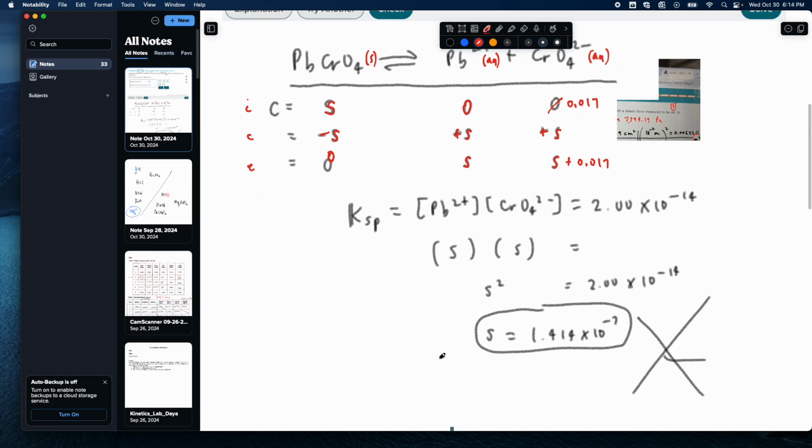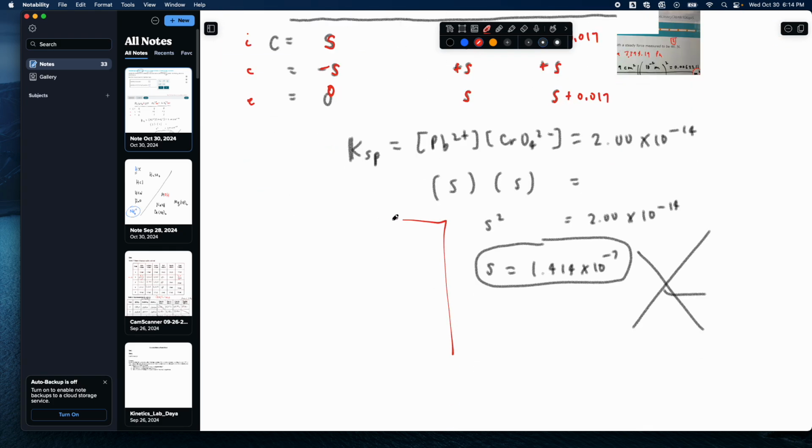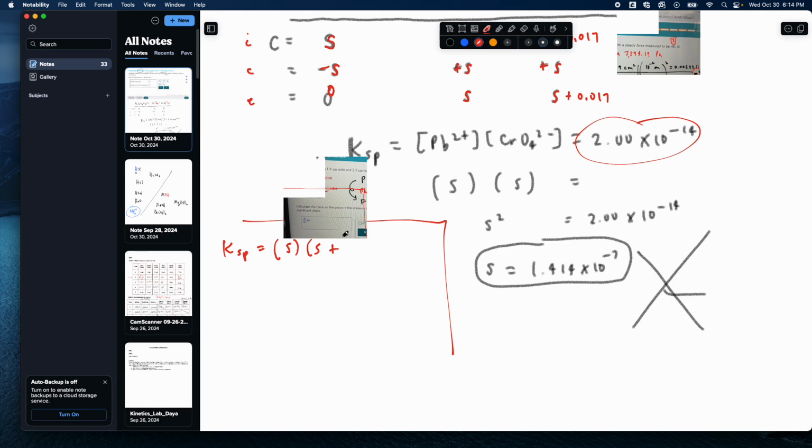Okay, so I'm going to solve the same problem again, but this time I'm going to do it with Ksp. It's the same Ksp. We still have that. It's that, right? It is equal to, now it's going to be S times S plus